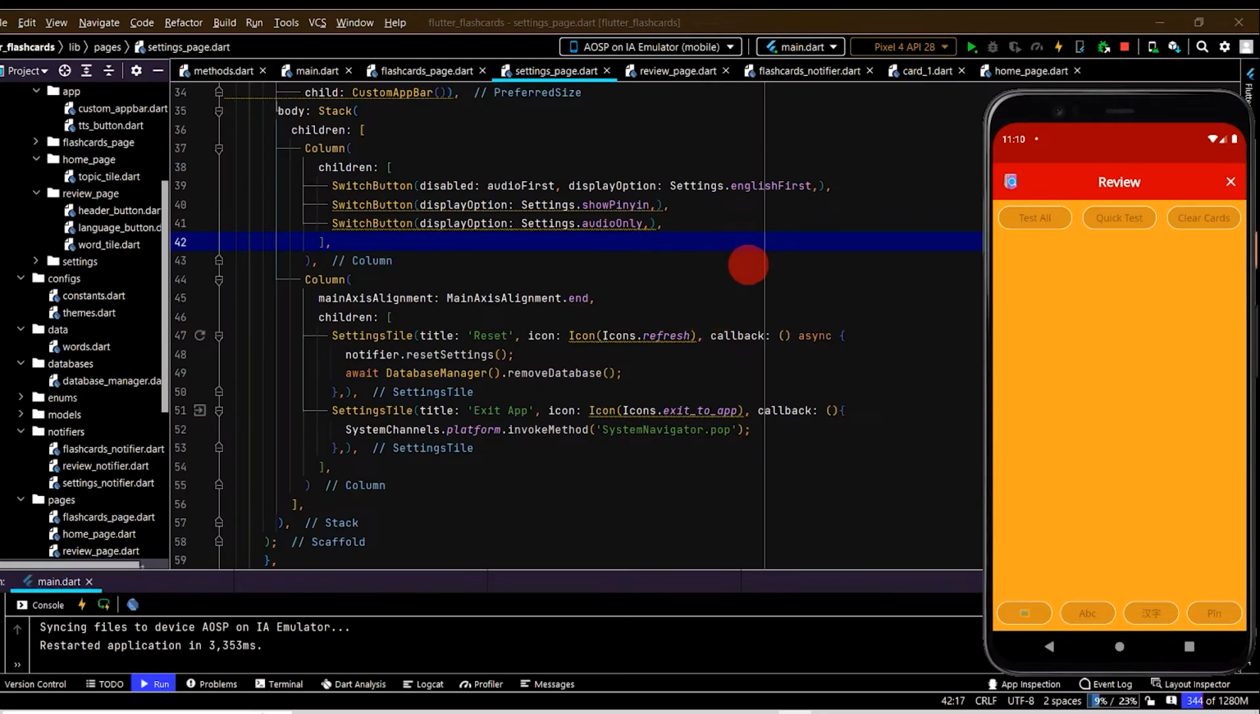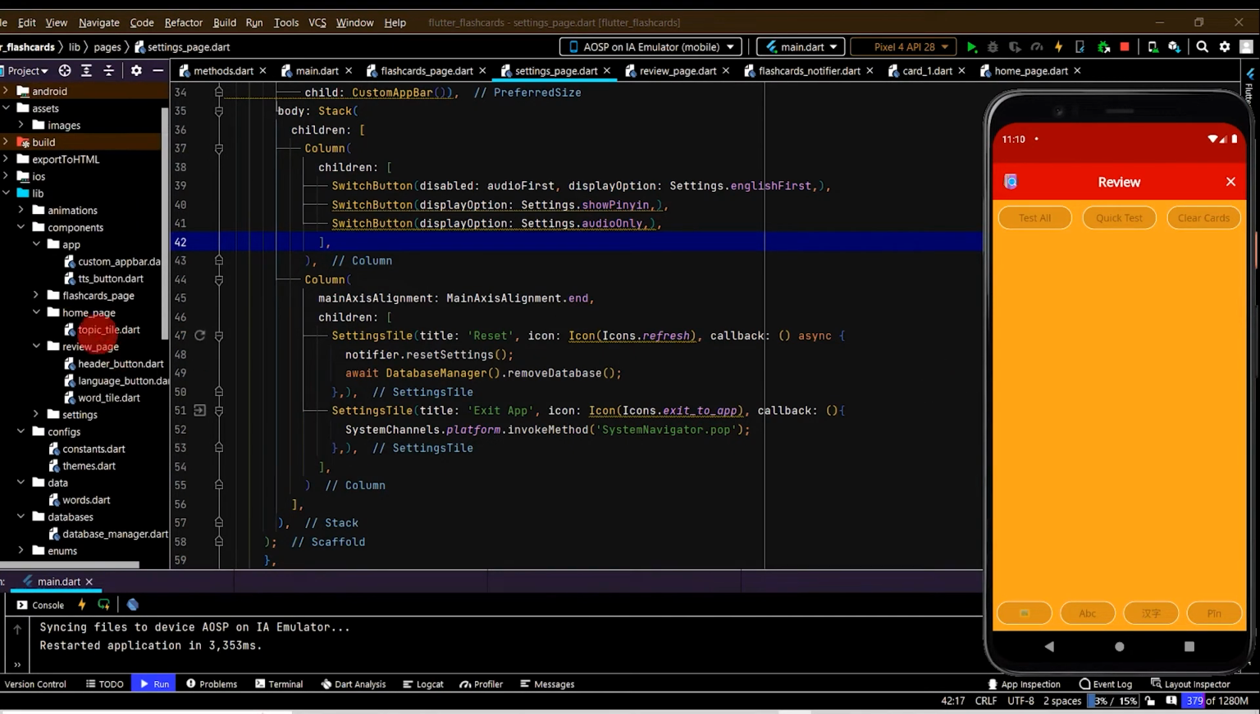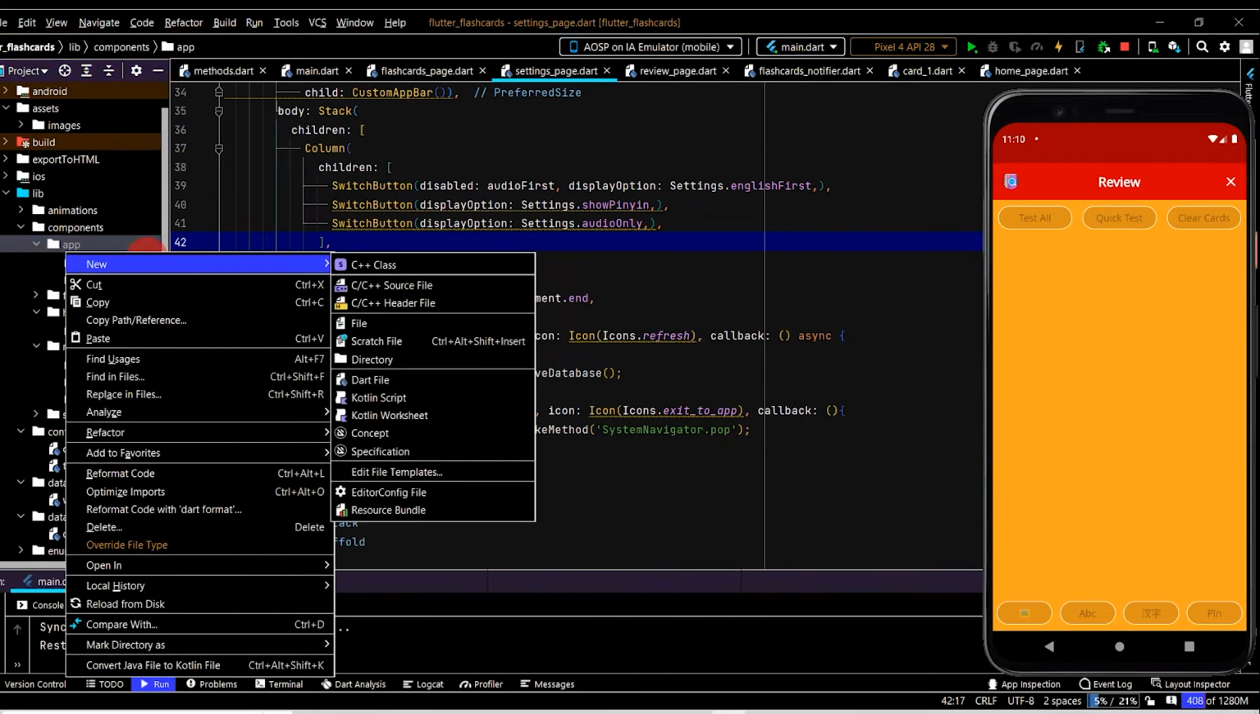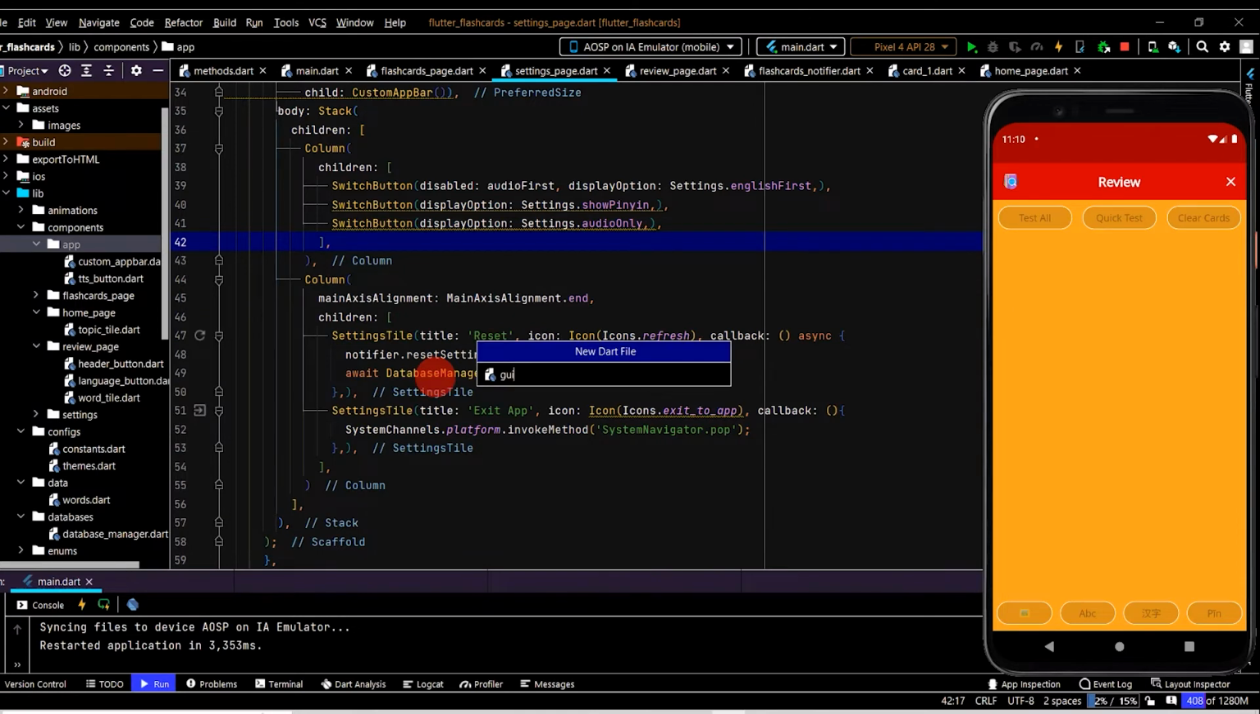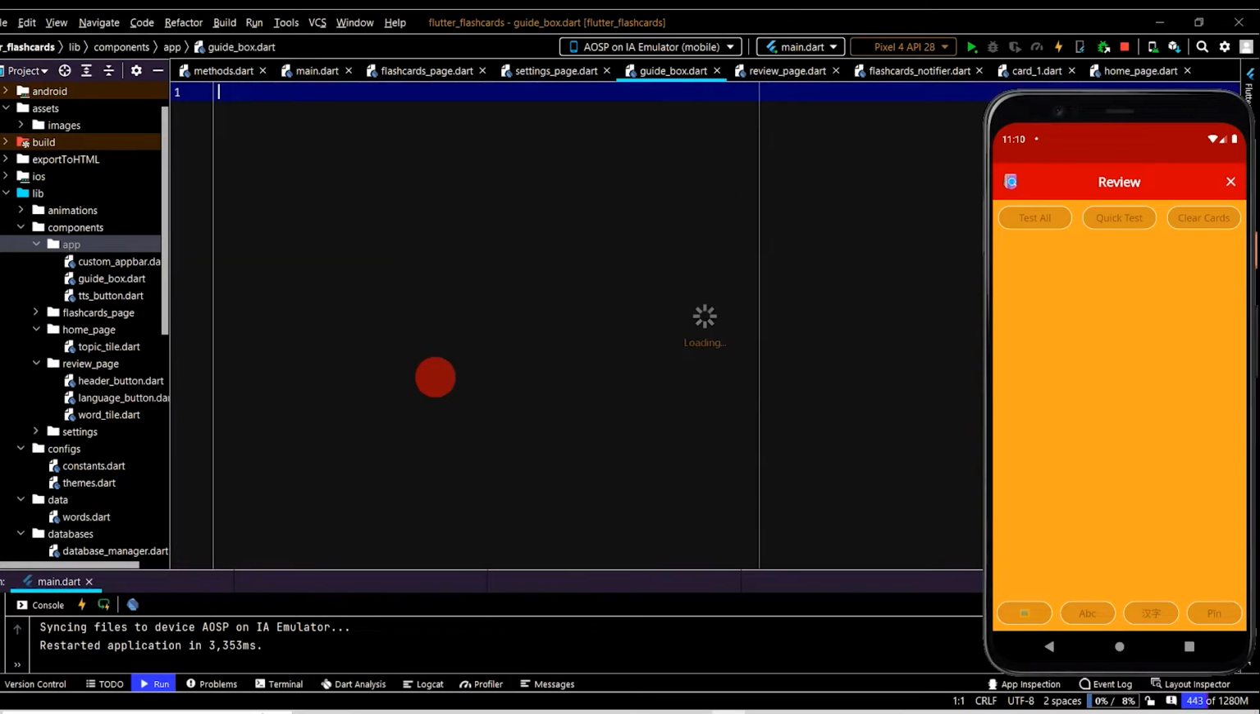So we're at the final stages of building this app. What we'll do next is create a guide box. So when the user first uses the app, they're guided in what they should be doing. So to do that, we'll go to App, create a new Dart file. We'll name this guide box, a new stateless widget,